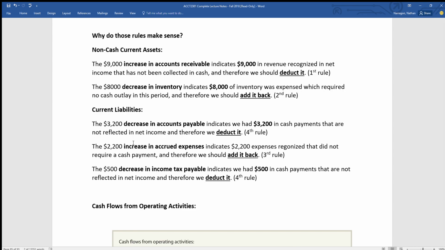I mean, again, the decrease in accounts payable indicates that we paid cash, but it doesn't reflect in the net income because it's already been recognized. So we must deduct it. While the increase is expense recognized that did not require a cash payment, and therefore it should be added back. Okay, so again, all we're really trying to do is figure out exactly the cash payments,